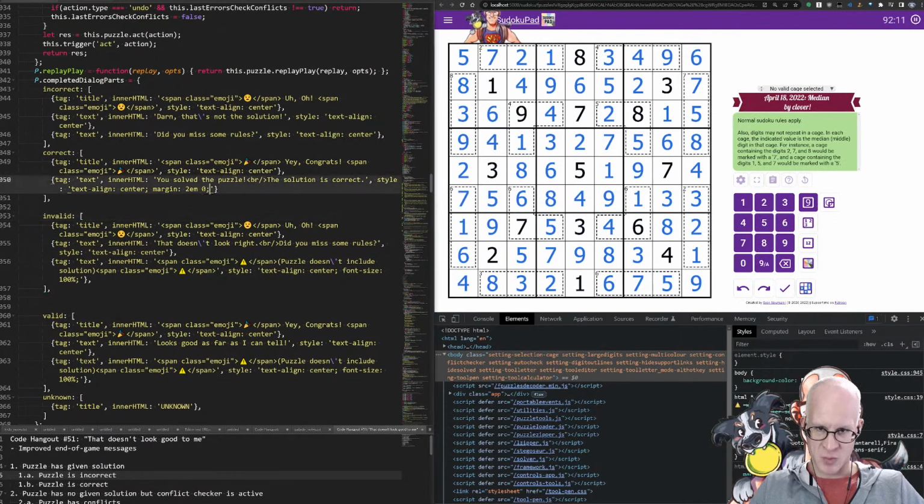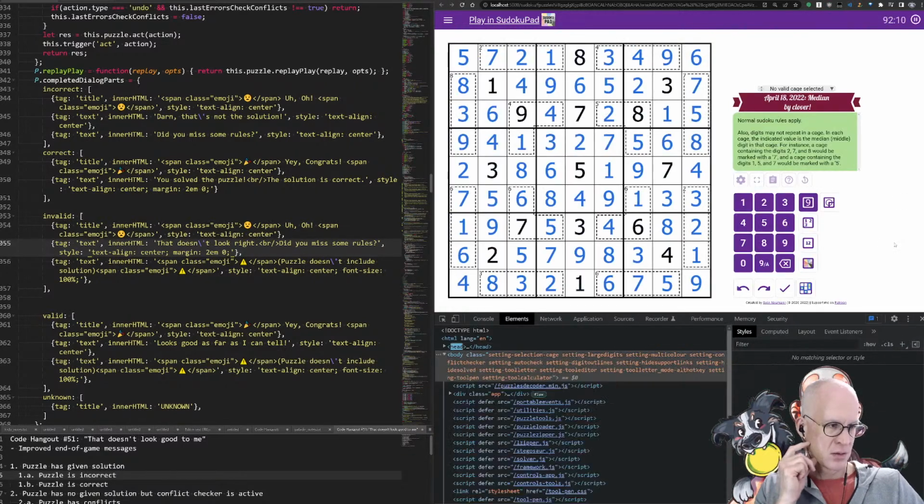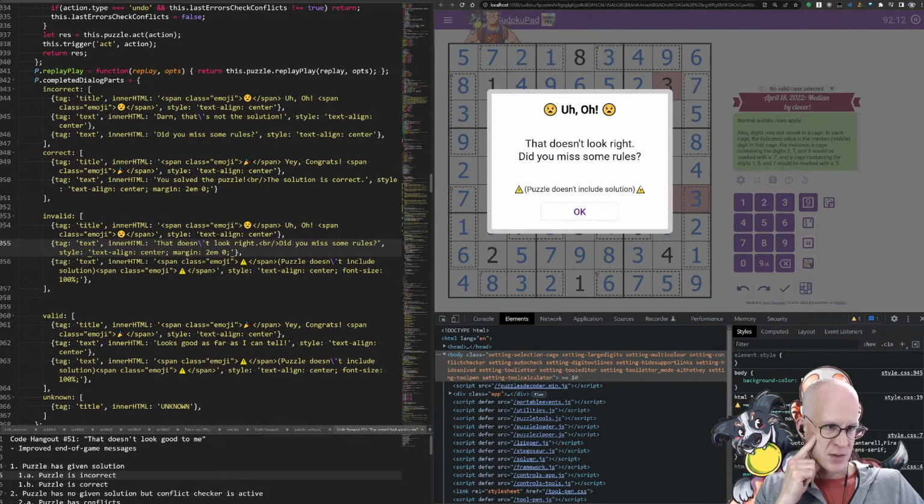Maybe we want to put the same margins around it. I should really just put the styling in a style sheet and then give classes to these things. The "did you miss some rules" doesn't apply here, to be honest. Because it's just not right, right?